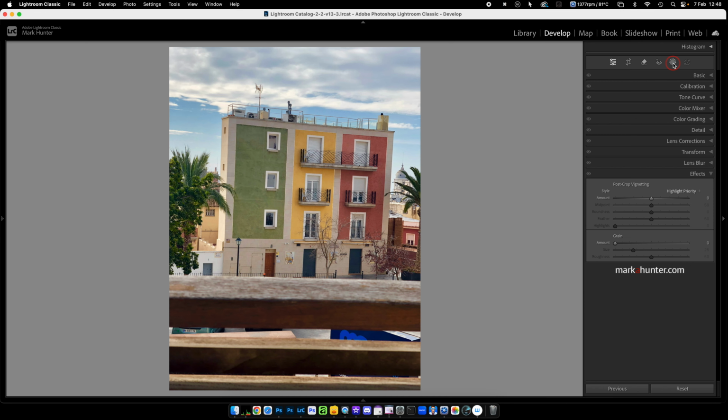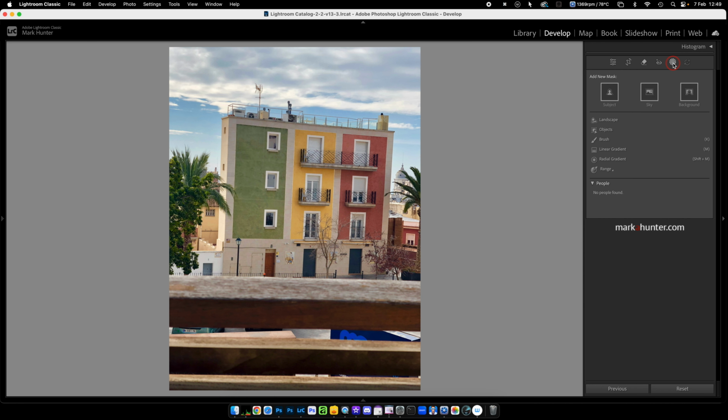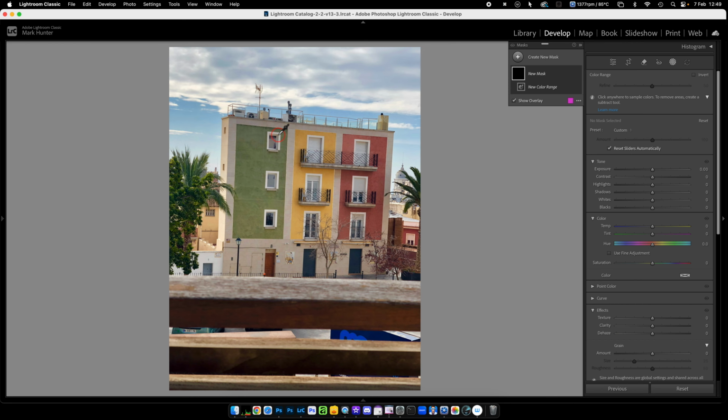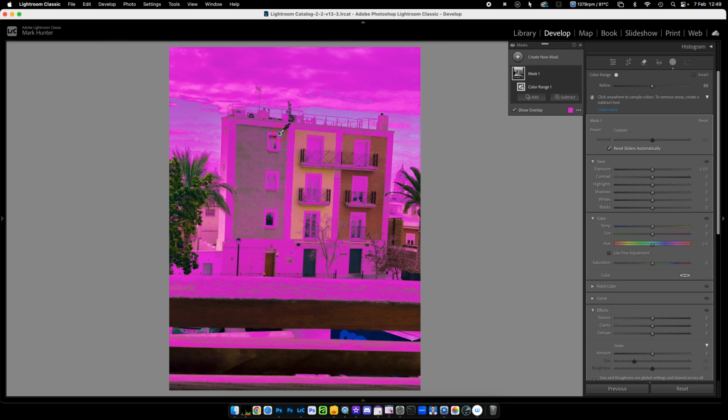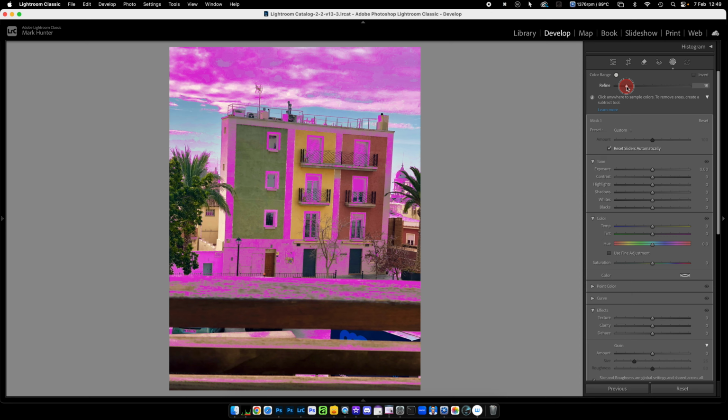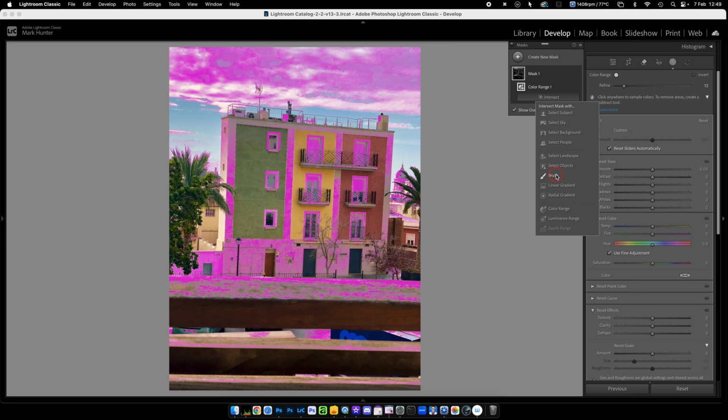So let us select a starting point. Could just be the white. There's a common thing there, so we could go for color range and click on the white, and let's refine this so that I'm getting rid of quite a lot of it, except all of those door and window frames are now selected. And I think I will just intersect that option or Alt key with a brush